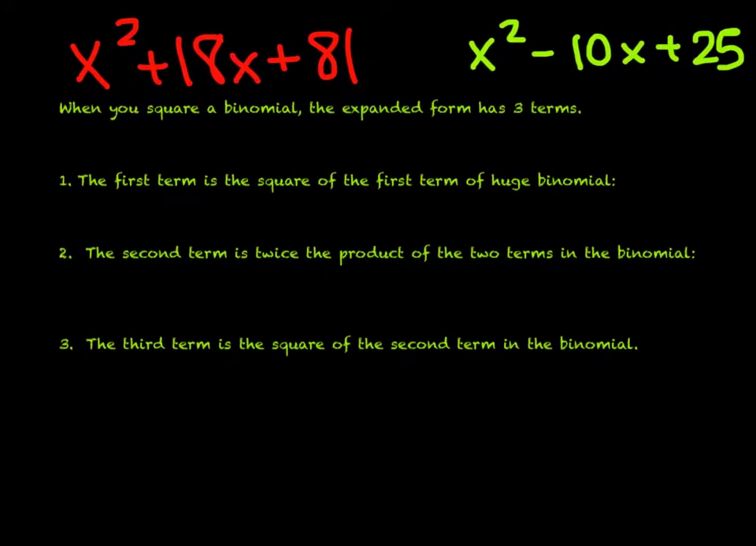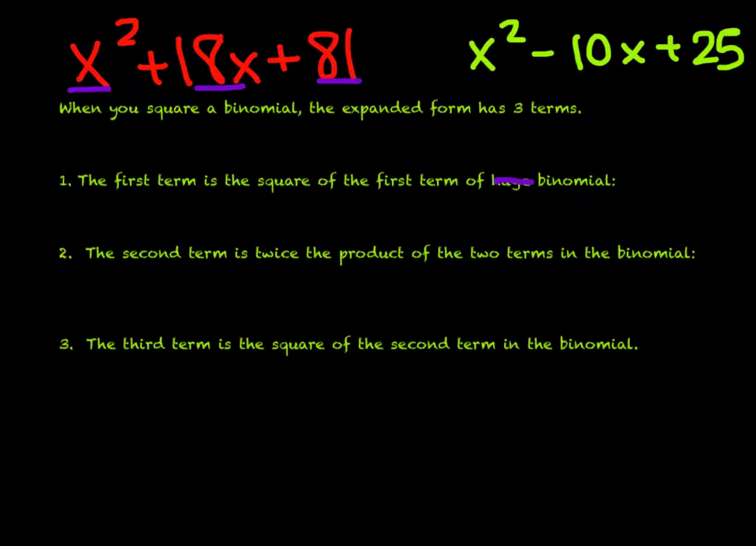Have a little bit of Lydia's suggestions, and we're going to break this thing down. So we have the expanded form of x squared plus 18x plus 81, and it said the expanded form of the binomial has 3 terms. So we have 1, 2, 3. The first term is the square of the first term of the huge binomial. So if we look at our initial binomial,